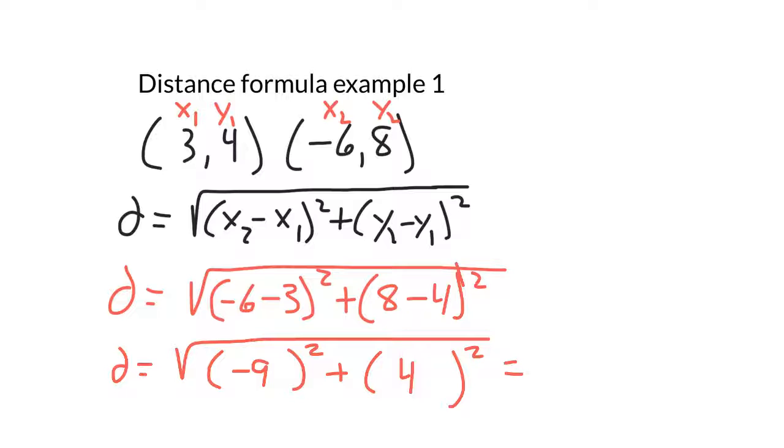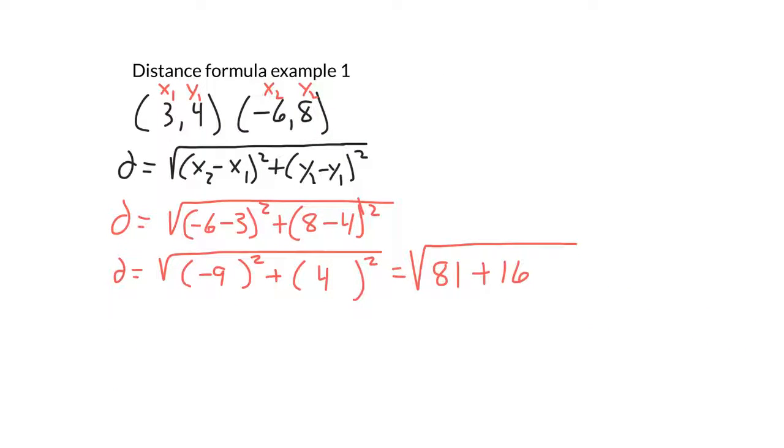And now, following the order of operations, we will square those sets of numbers. So -9 squared is -9 times -9, which is 81. And 4 times 4 is 16. And now we'll add 81 and 16